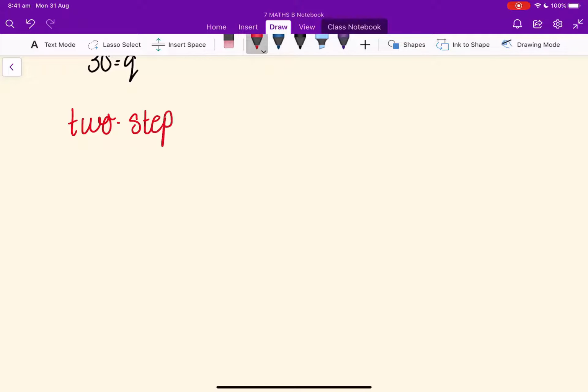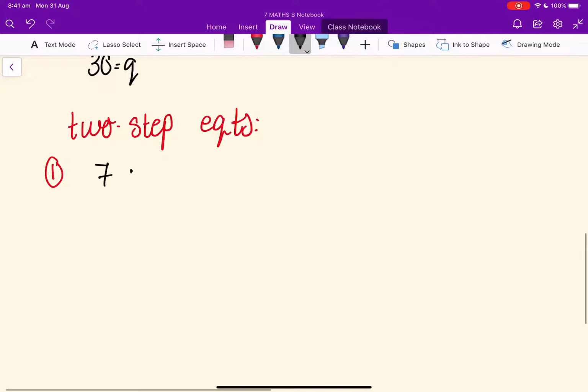Two-step equations. Okay. Question 1. So you have 7 plus 4a equals 23. Now what I want you to do with these questions, I want you to get a highlighter, and